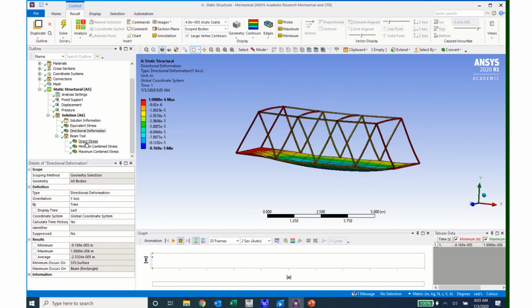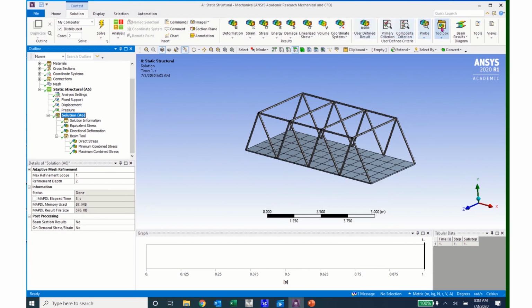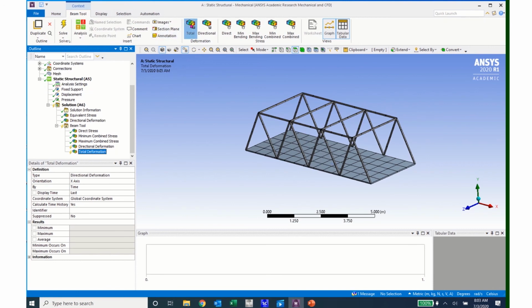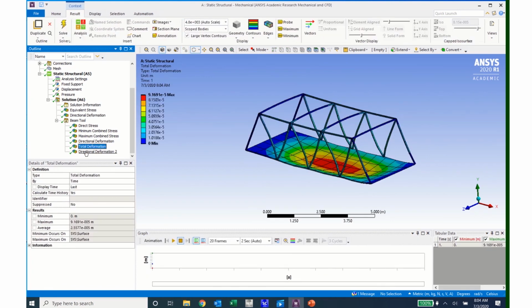I can then also come down and look at my beam tool and click on the stresses in direct stresses in my beams, the maximum combined stress. If I want to look at the deformations, what I can do is come back up here to solution and go to my beam tool and click on my beam tool over here, and then I can come up and click on directional, and I can click on total. If I come back to directional, I can click in an x-axis or y-axis. I might want both of them, so I'd enter in another directional and leave that one as x. I can now come up and click on solution again, and then click solve, and this will update very quickly with these deformations. And I can look at the deformations in the